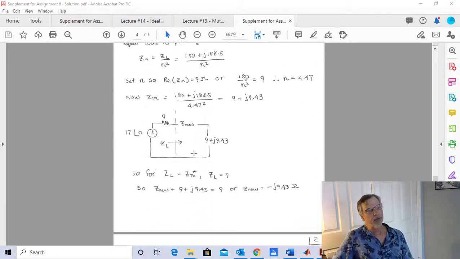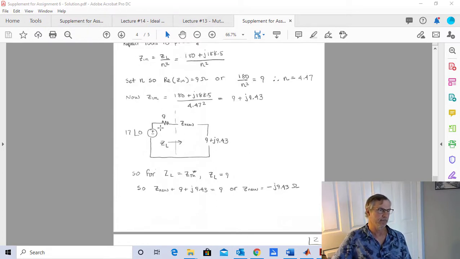And I'm digging what I'm seeing because I've got my 9 right here. So as far as getting a conjugate match to this source, I'm on the right path because I've got the resistive part handled. So now, for maximum power transfer, I need this load here to be the conjugate of Z